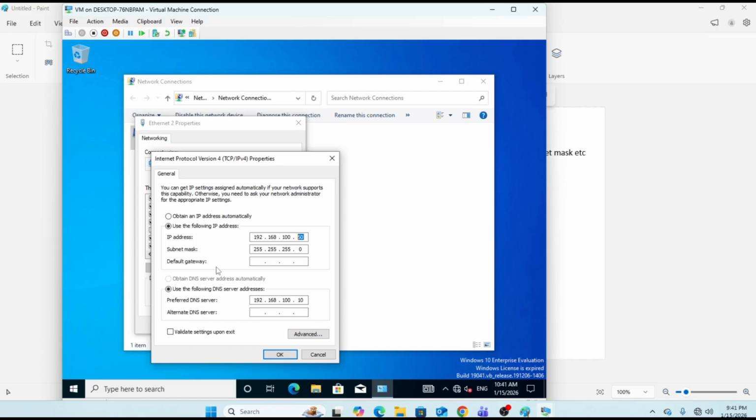In the next video we'll see how we are going to install the DHCP role, and then the configuration, how we are going to do the configuration. So in case, let's say in the scenario that we have DHCP, we'll choose this one, obtain IP address automatically. Okay. In this way, the PC will ask the DHCP server for the IP address when we select the option obtain IP address automatically. And